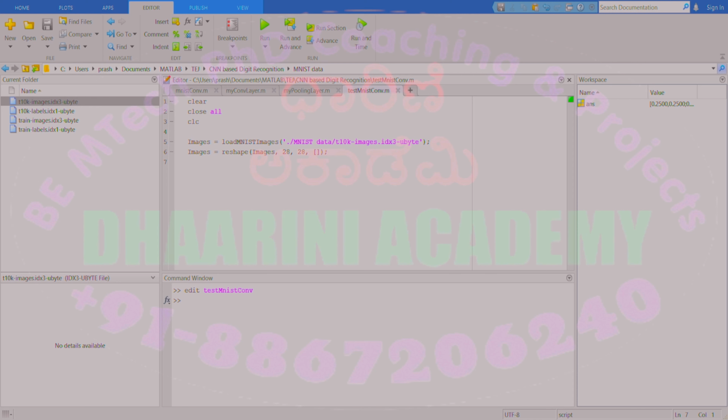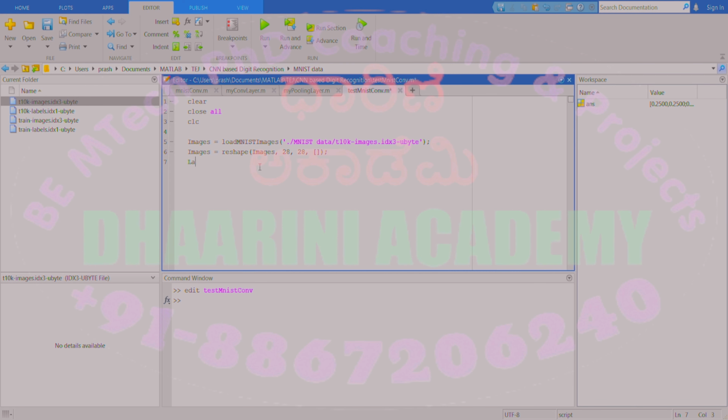So I need the labels also to be read, because which image is what number, right? Because this data contains the handwritten digits, correct? So I should be aware of which number is what. So that is the label. So I have to read the labels. So let's read the label using the similar concept. Okay, so this is labels is equal to,